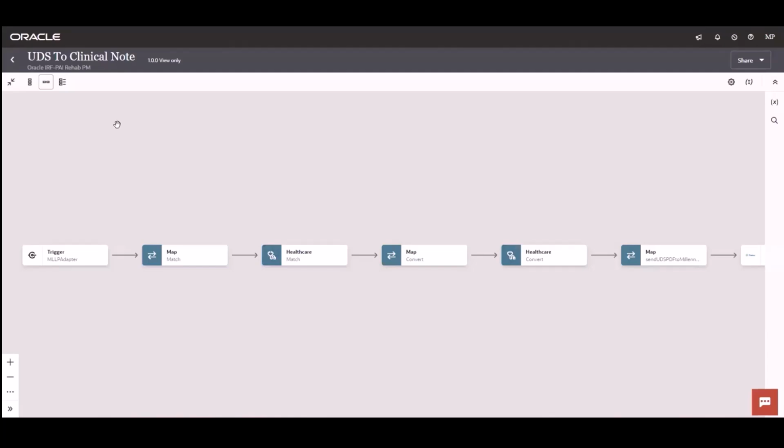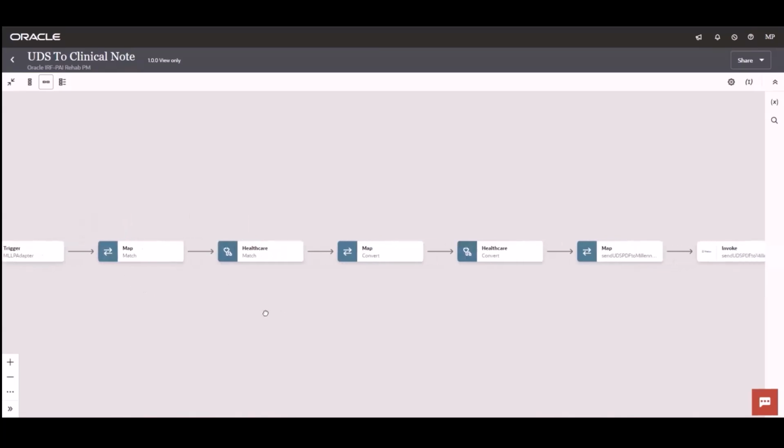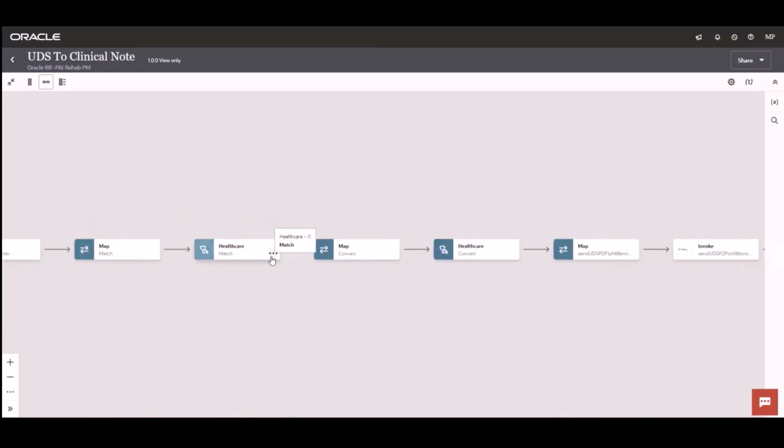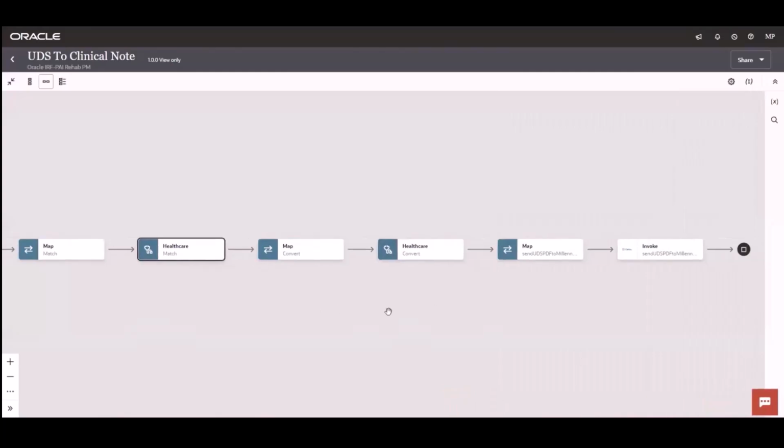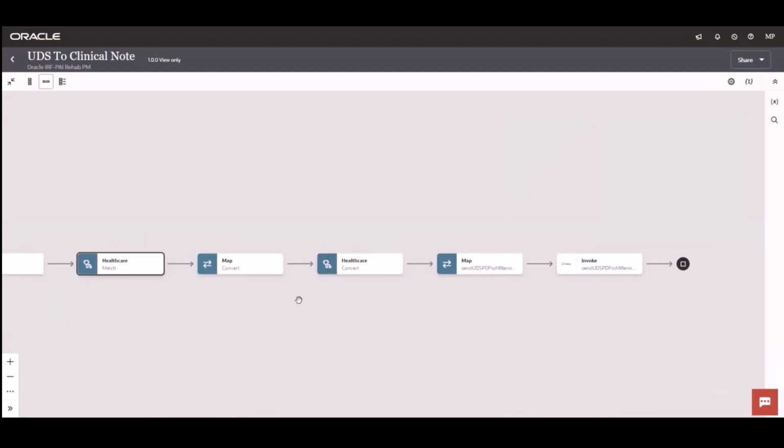So this is the integration that we have developed to build this use case in the Oracle integration. So we have the MLLP adapter, which receives the HL7 message from the UDS, and it sends the same raw data to the healthcare action to check whether it is the right HL7 document or not. Here we are sending the MDM-T02 message. If the UDS is not sending the same MDM-T02 message, it will discard the message and not process it further. If it is the right message, it'll send it to the next healthcare action,